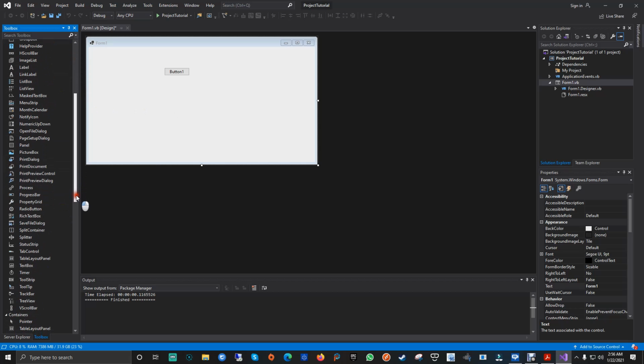But yes, in the future, we're going to be working with advanced stuff, including MySQL. That is something that is going to be on the tutorials. We will work with MySQL and Visual Basic. I will teach you guys how you can insert data, modify data, delete, search, basically anything that you can do on SQL, Microsoft SQL, where we're going to be doing the same thing but